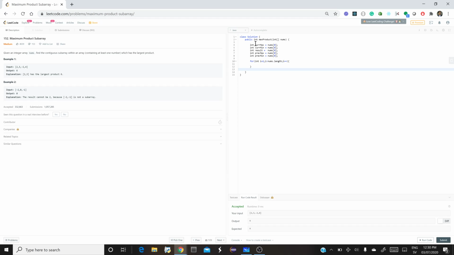In case the array size is 1, we are not going to enter the loop, we are just going to return our result. It's going to be the first element. In case we have more than one element,